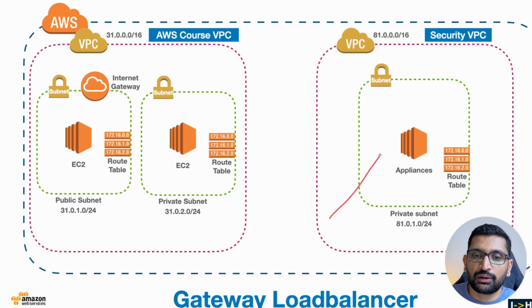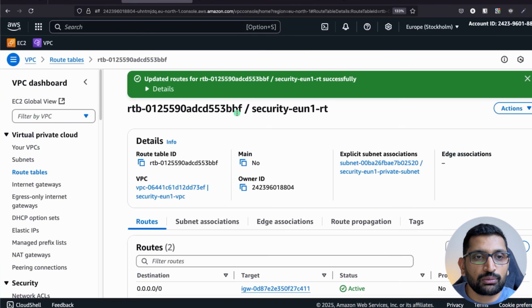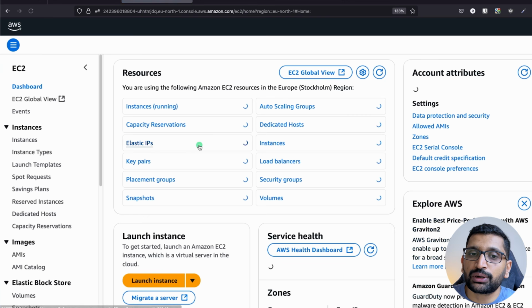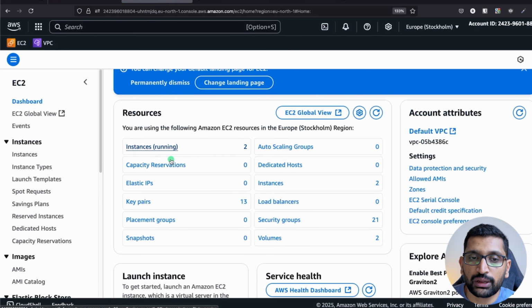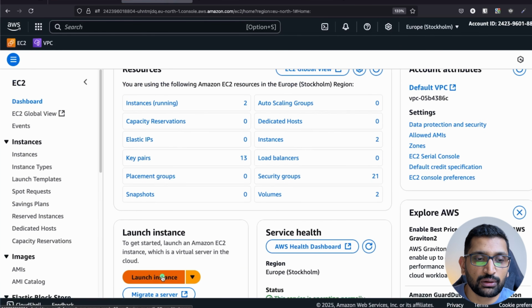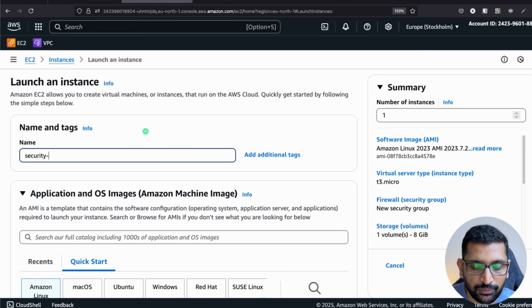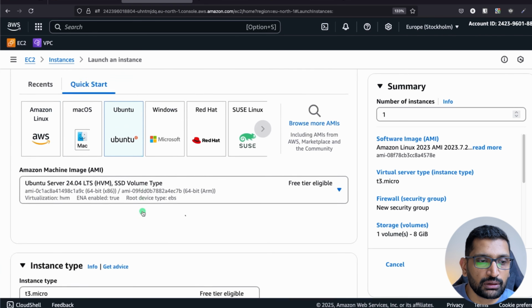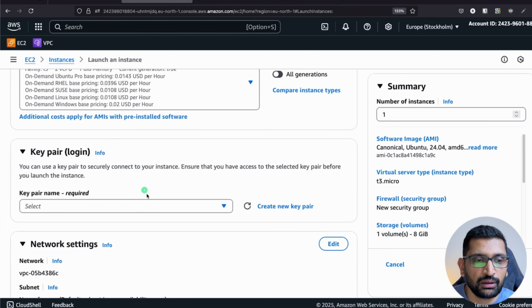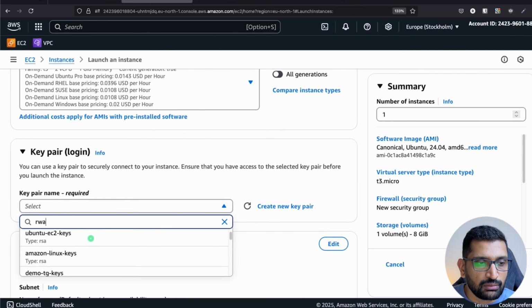Let's go further, and here we are going to create this particular EC2 instance which is going to be our appliance. All right, so here I'll go back to my AWS console, click on EC2 over here, and you can see there are two already running. So let's go further down, click on launch instances over here. Here I'm going to name it security VPC security virtual machine. I will put EUN1 and virtual machine. Click on Ubuntu over here, click on T3 micro, that's fine. Select the key which is going to be